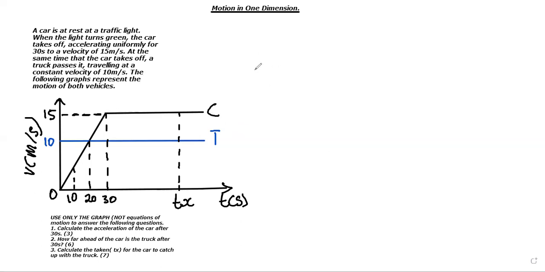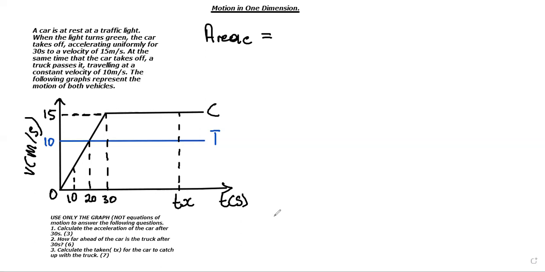But remember, they said don't use equations of motion. So for this one, you have to know that the area under the graph of a velocity time graph will actually give you the displacement. That's what you had to know. So let's go ahead and find the area under the graph of a car. So remember, we are interested in the first 30 seconds. So if we look at